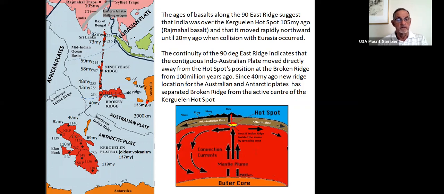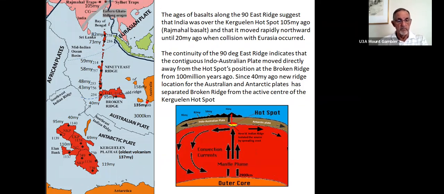And they have very, very old eruptives as well, because that has stayed stationary. So there's ages of 95 million years, 110 million years, even 137 million years, which is the oldest volcanism known